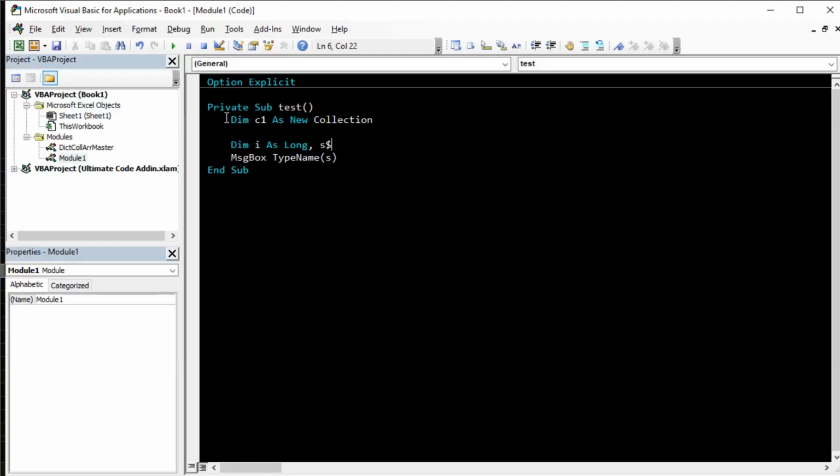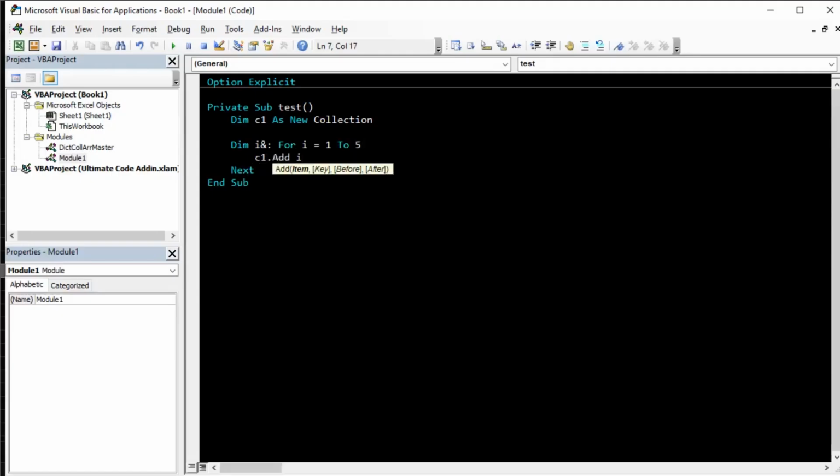I will make a video on shortcut variable declaration. In this video, I will not be talking about this. So this is long, and on the same line I will say for I equal 1 to 5, next